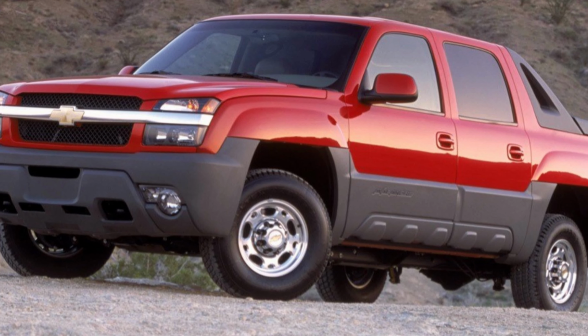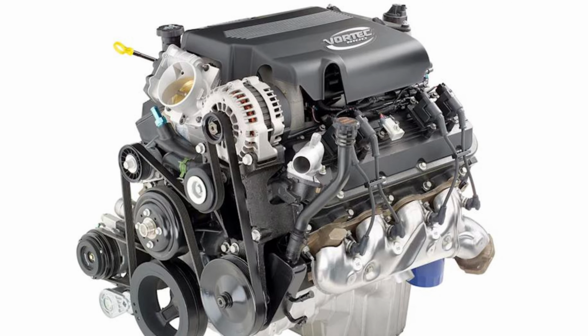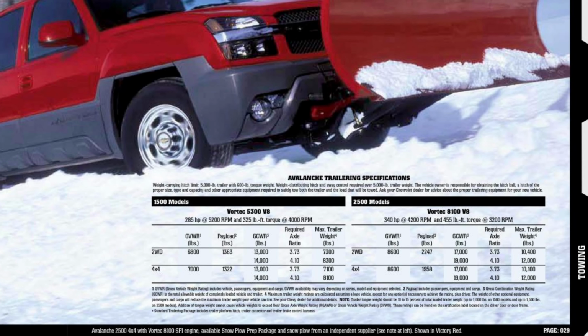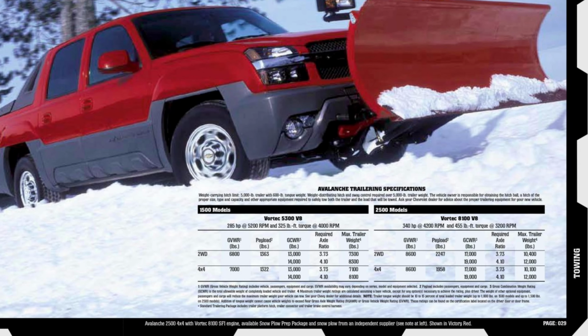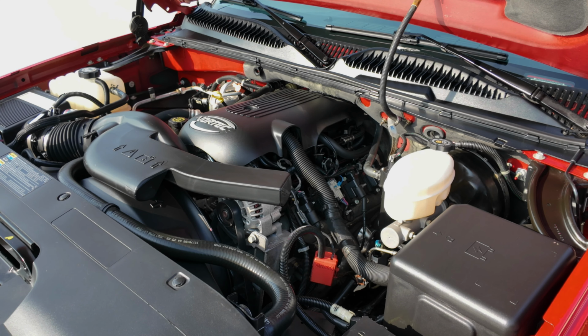They are powered by an 8.1 liter engine. With the 8.1, power would jump from 285 to 340 horse, but more importantly, the torque would jump to 455 foot-pounds, with the tow rating going up to 12,000 pounds. So those 2500 Avalanches are definitely a more substantial setup. These 5.3 liter examples were rated at 14 city and 18 highway, so not the thirstiest, but pretty decent for